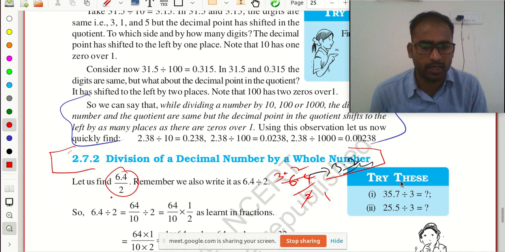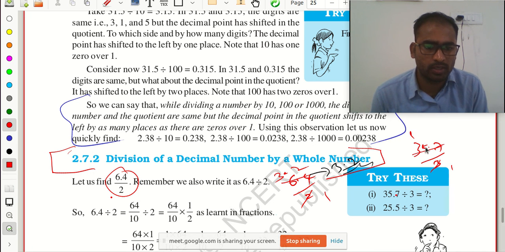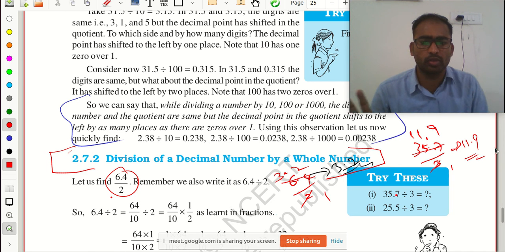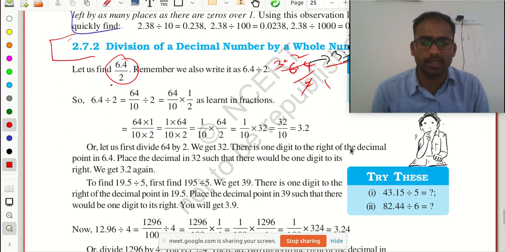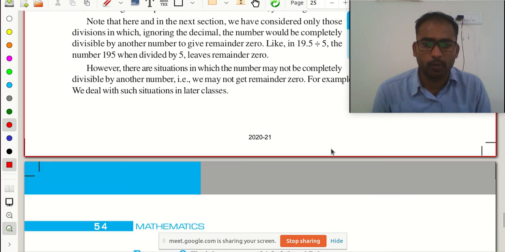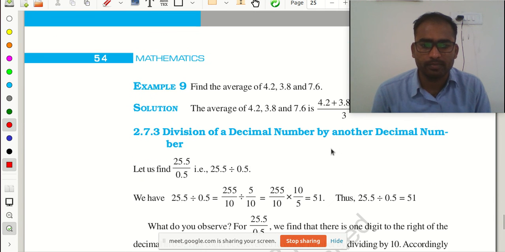Same here, in this way also, 35.7 division with 3. So 3 1 ja, 3 1 ja. This decimal here, 2 will be remaining, 2 will go this side. So 3 9 0. So what is the answer? 11.9. Directly also you can do, but you need to consider the decimal point clearly.